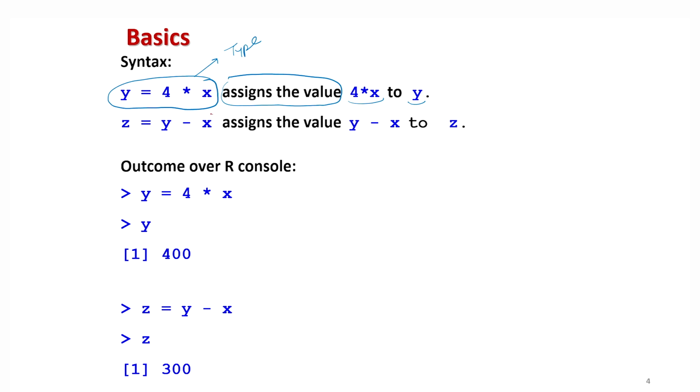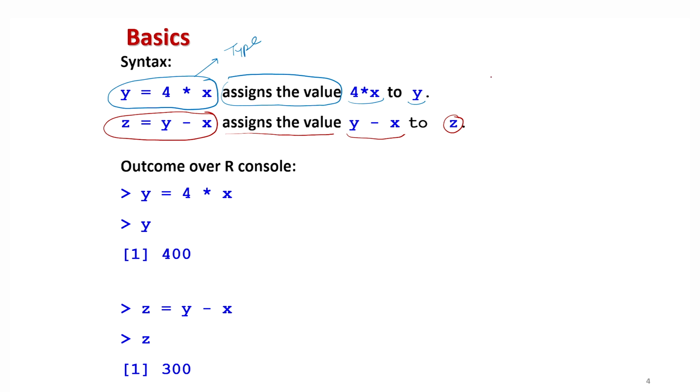Suppose I want to explain in a better way and use another ink color. Now I use red color, and I am saying there is another variable z = y - x, and this assigns the value y minus x to z. Basically, I will be writing on the screen and you have to follow my pen, where I am, and hear my voice, what I am explaining. The combination of writing and hearing will help you understand the content of the lecture easily.